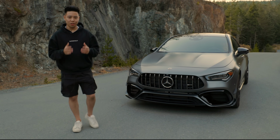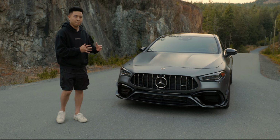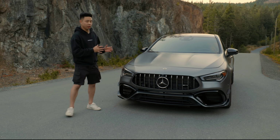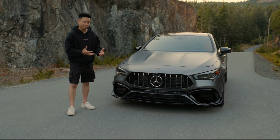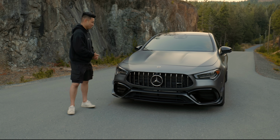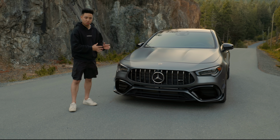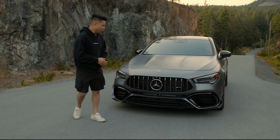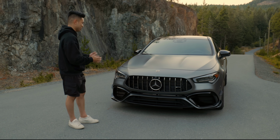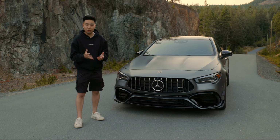Just going over some of the exterior features of the car, I went with the Magno gray color, which is like a matte finish, and I really like it so far. I'm sure a lot of people are going to say you probably could have just got a wrap, and that is totally true because a lot of people have asked me if this is a wrap or if it's the actual paint finish. And being an option that is over $3,000 in Canada, I feel like it definitely looks nice in person